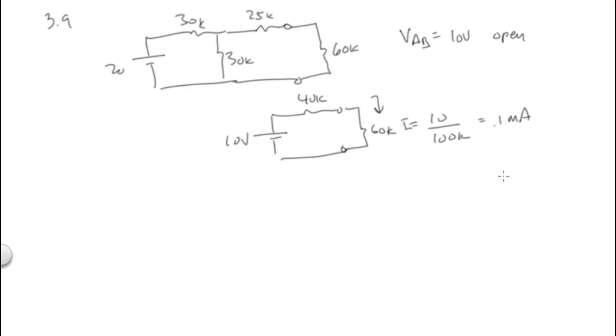V AB is equal to 6 volts. So, did it drop? Yes, it dropped. That's what we'd expect. So that would be our answer. It dropped from 10 to 6. All right, so you found the current and the voltage, and it dropped. Okay, number 10,